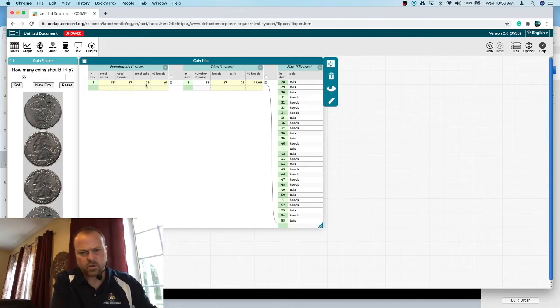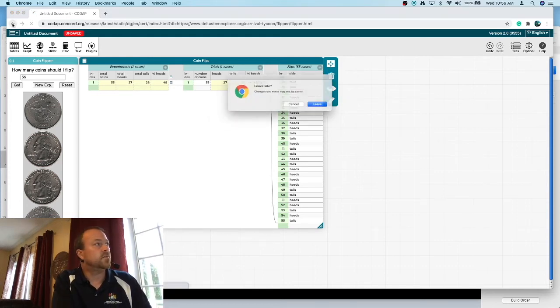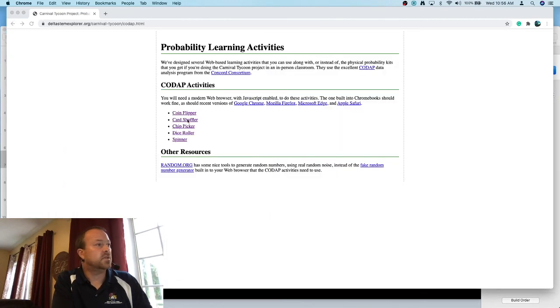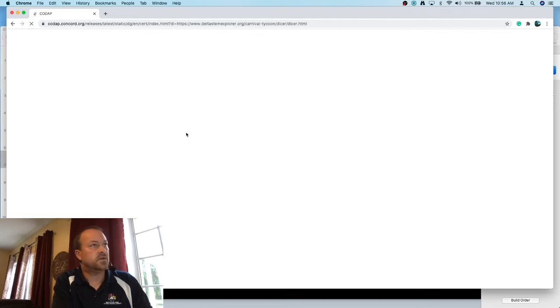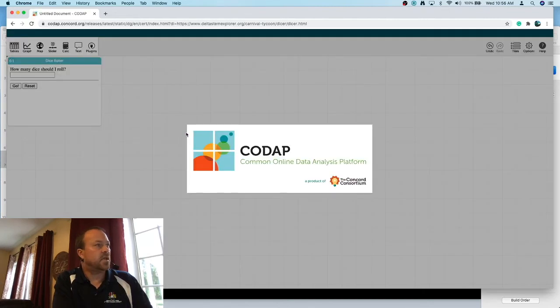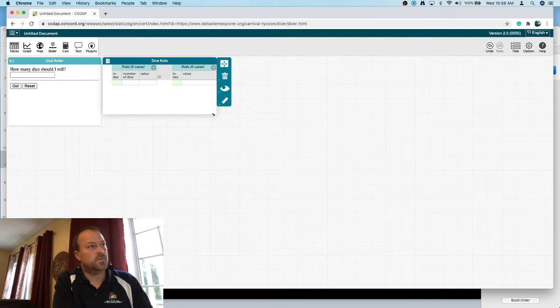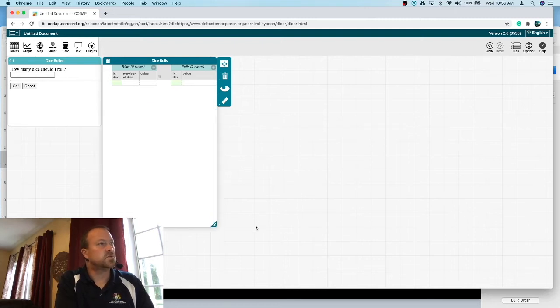There's really no need in the coin flipper to put it into any type of graph or anything like that because the data is just so simple. But in the other ones, I'll go back to the next one, which is the dice roller, is a little bit different in that it will be beneficial to you to use some graphing. Let's say we're going to roll